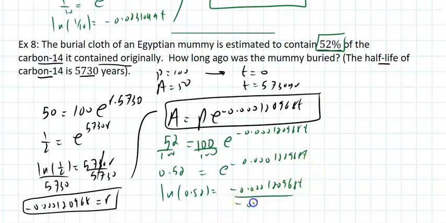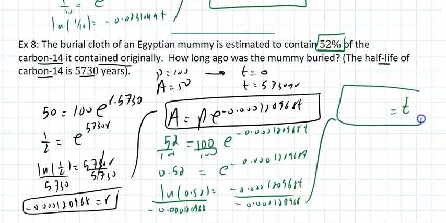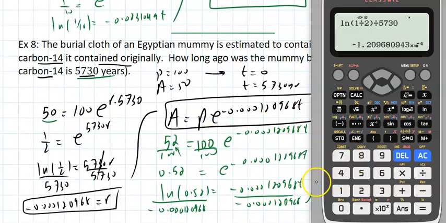And divide by the negative 0.000120968. Again, it's a big number. If you don't carry that many decimals, you will be off by many years. And t will equal, how old is it? Well, it should be less than 5,730 years, because in 5,730 years, 50% will decay. Here, only 48% decayed, but I still have that stored in my answer. All I have to do is take natural log of 0.52 divided by answer,